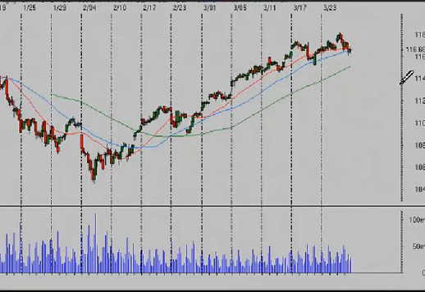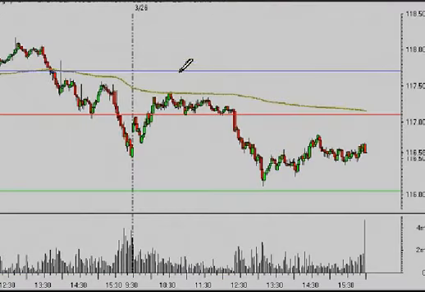So what we saw this week was a little bit of indecisiveness. We've broken that trend line that's been in place since the February lows, and now we're just turning a little bit sideways here. We had the 117.50 level that was resistance broken yesterday. The market failed at that area, and the 2-day volume weighted average price is where we found some resistance today. The market seemed to want to hold that pivot level, but when it broke the pivot, the market gave up the gains that were there early on.